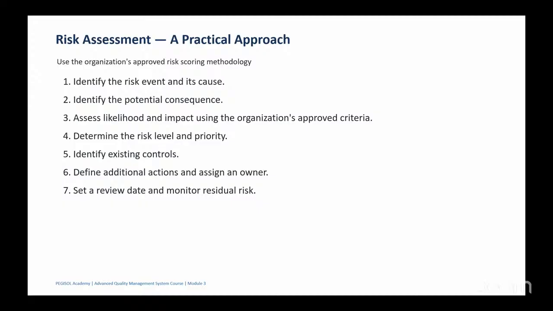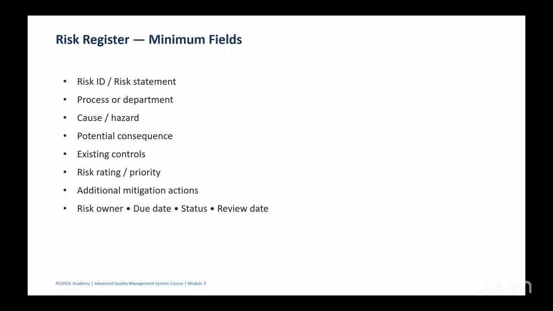Another aspect you can handle is having a risk management committee in an organization, which can also help to actualize risk management. They help to identify potential risks. As for the risk register, the minimum fields: you can have the risk ID, the identification number of the risk. Then you can have it as a template. It can be a single template, or it can be a register, depending on how you want to achieve it.